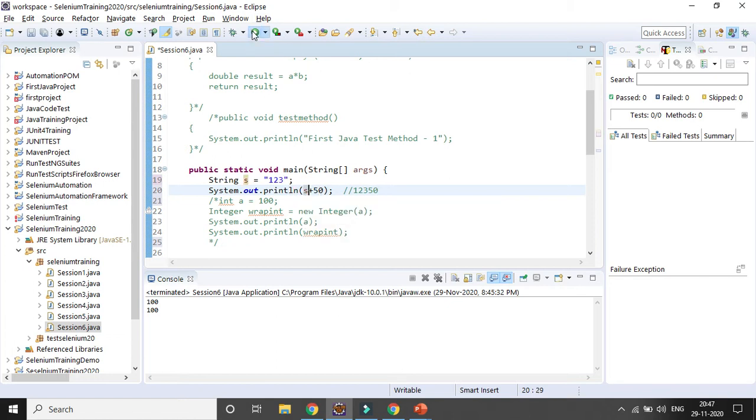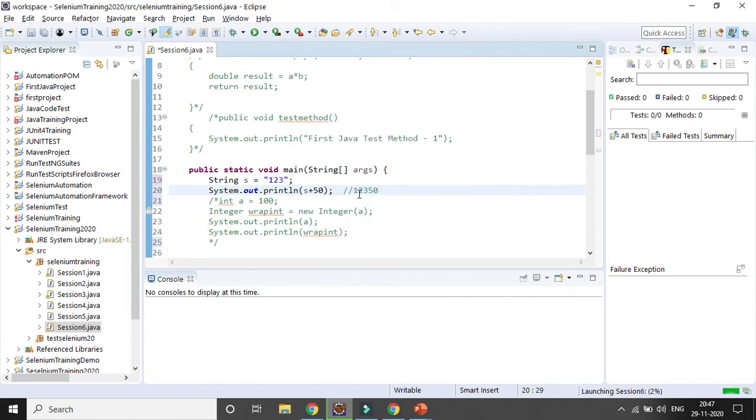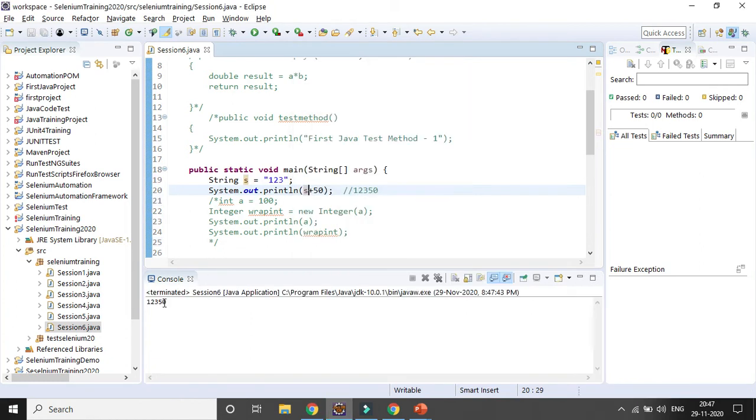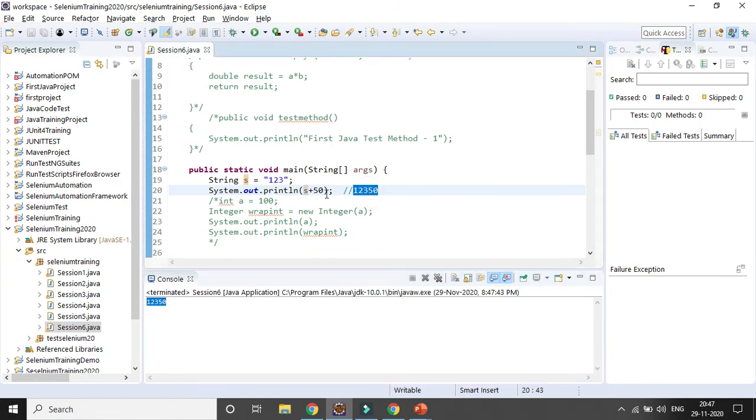Whenever you want to perform any operation on a string, it will just add those values, not sum them. You can see the output will come as 1 2 3 4 5 like that, right? But here in the string part, everything is numeric only, so still you can perform some operation, right? So if you want to add it, it will be 123 plus 50 equal to